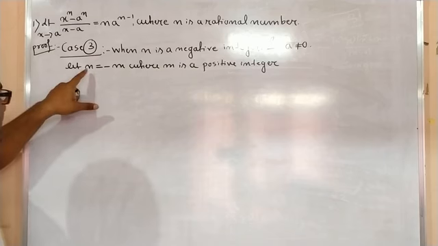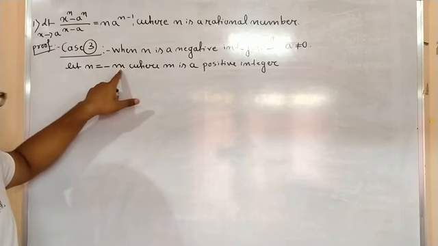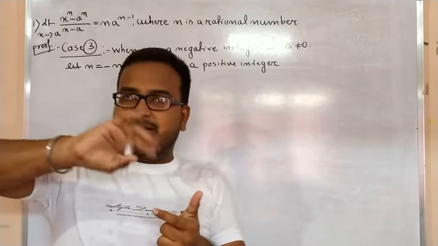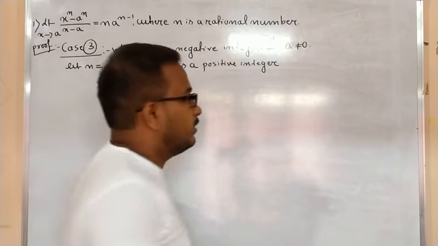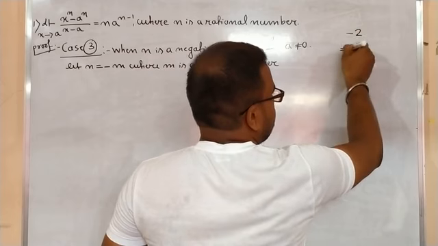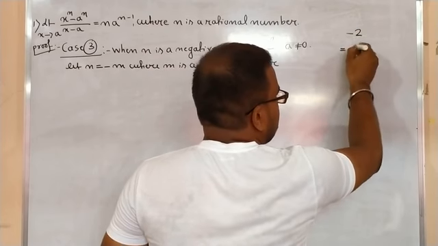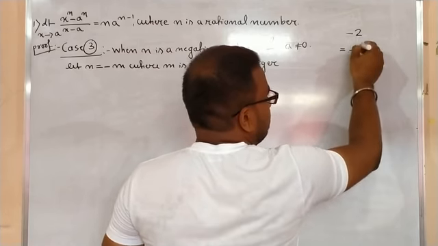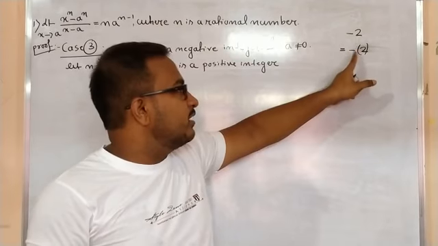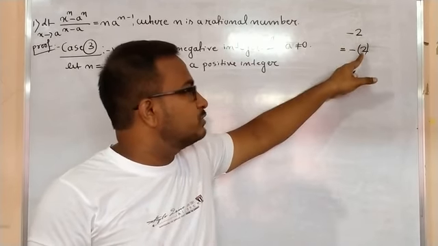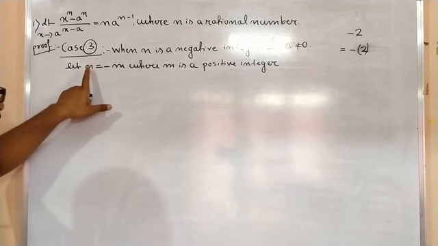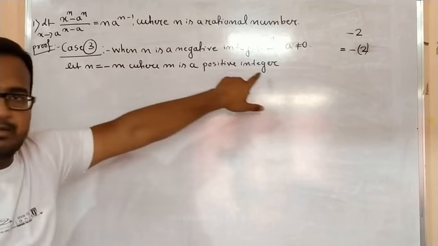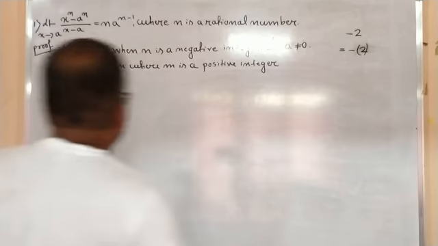Now I can rename like that, n equals to minus m, where m is a positive integer, because this n itself is a negative integer. So every negative integer can be expressed as minus of some positive integer, isn't it? Because minus 2 is a negative integer. Why? Because minus 2 is minus of 2, isn't it? Minus of 2. That's why it is negative. Because every negative number is a minus of some positive number. So this n itself is a negative integer, so this n can be expressed as minus of some positive integer. That's why I have written that this m is a positive integer. Okay? So let us see how to do.